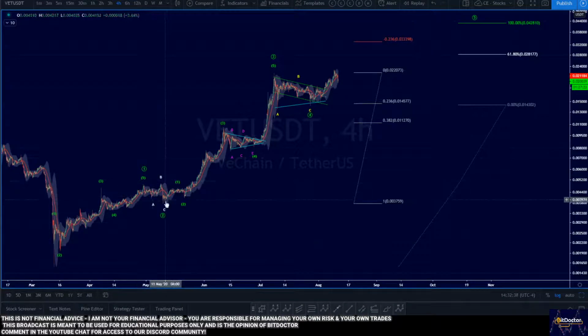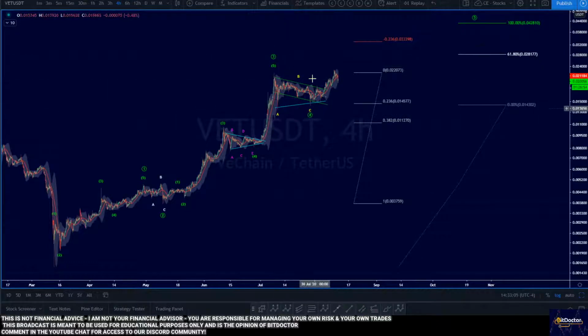We have a nice expanded flat for a correction, a very shallow correction, which is really what we've seen here in recent times. We haven't seen big corrections, we've only seen shallow corrections. It's pretty bullish. And then from down here, we've got a major wave 1, a major wave 2, then we have a minor wave 1, 2, a bigger 3, a little triangle here into the 4, and then a big move up here to the 5.